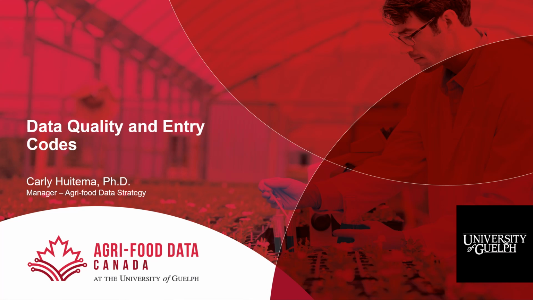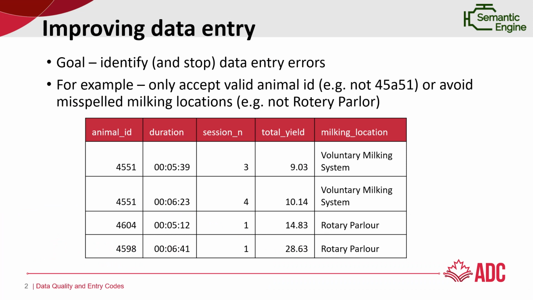This is a brief presentation on entry codes and their impact on data quality. When you're improving data entry, the goal is to try and identify and ultimately stop data entry errors. So for example, you wouldn't want to have an invalid animal ID being entered or to avoid the misspelling of